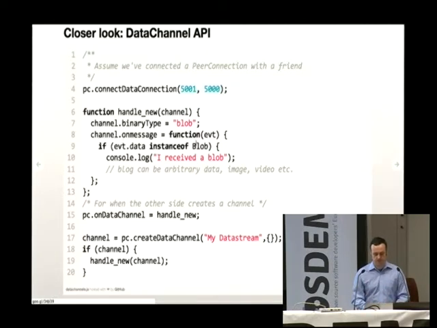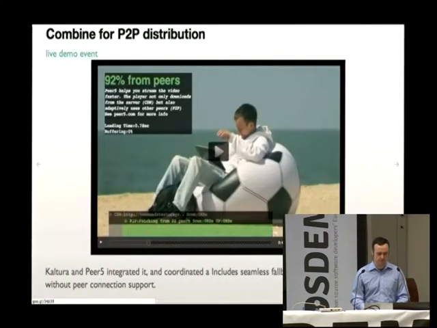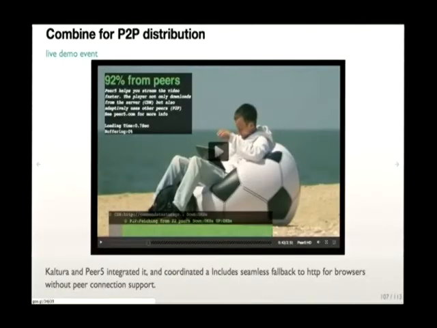So here you've received a binary blob, and what could you do with that binary blob? A project that we worked on a little bit with a company called Peer5 was to support the combination of that mediaSource API with this data channel. So now you're able to take those bits and combine in a signaling server, let people know who's missing what, and pass the data over the wire. And then you're ultimately able to deliver your content through a peer-to-peer network as opposed to directly from the HTTP server.